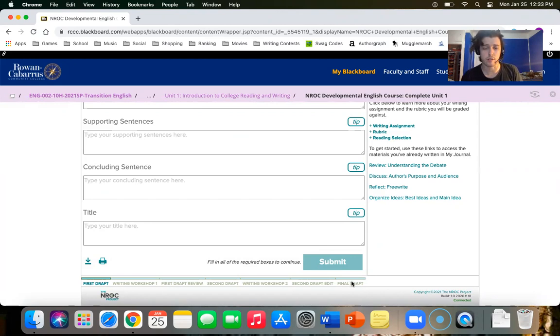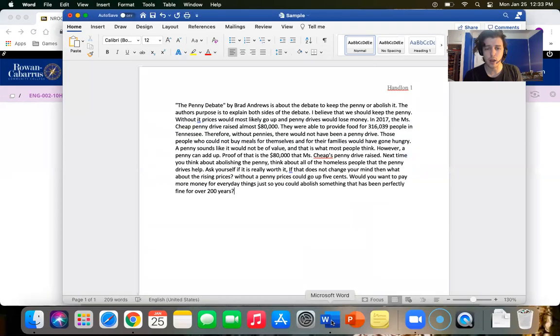Once you get that final draft ready, you will see that it has it in NROC. You'll copy what you have in that paragraph over into a Word document. And when you first paste it over, you'll see that it looks a little different than what we're used to. It will look something very similar to this. This is just a sample from a couple years ago. So in order to format it in MLA formatting,